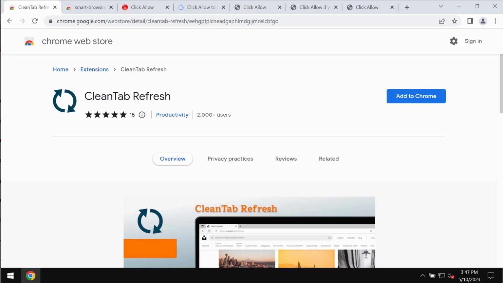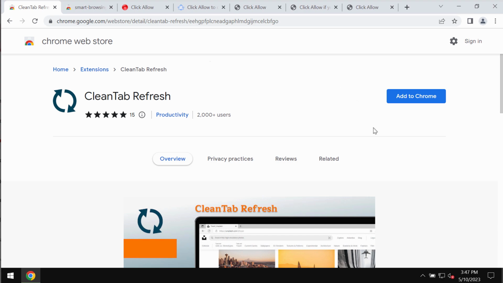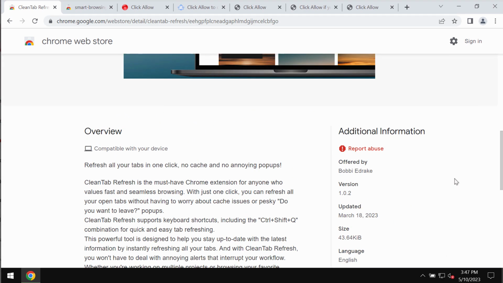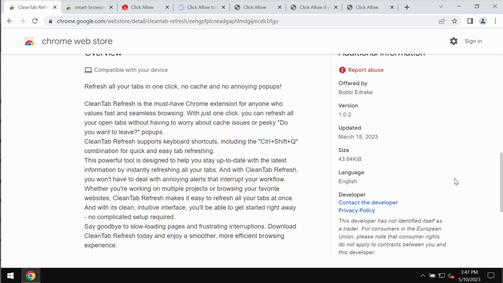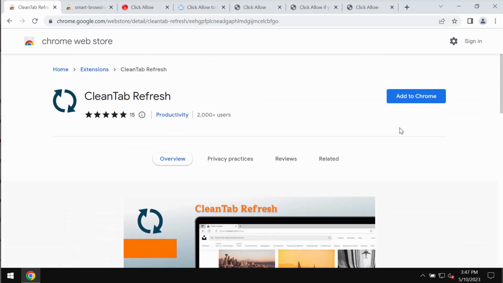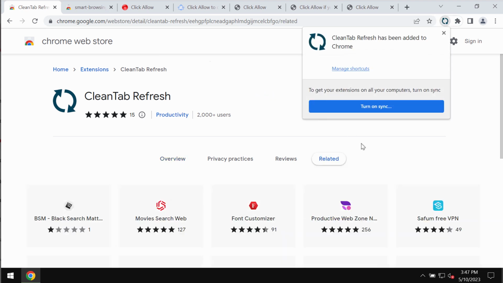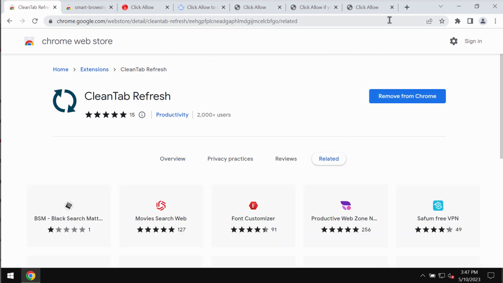This video guide is about getting rid of the unwanted browser extension called CleanTab Refresh. CleanTab Refresh is the extension designed specifically for the Google Chrome browser. This extension, if installed, starts to operate as adware by displaying a lot of advertisements not associated with the sites